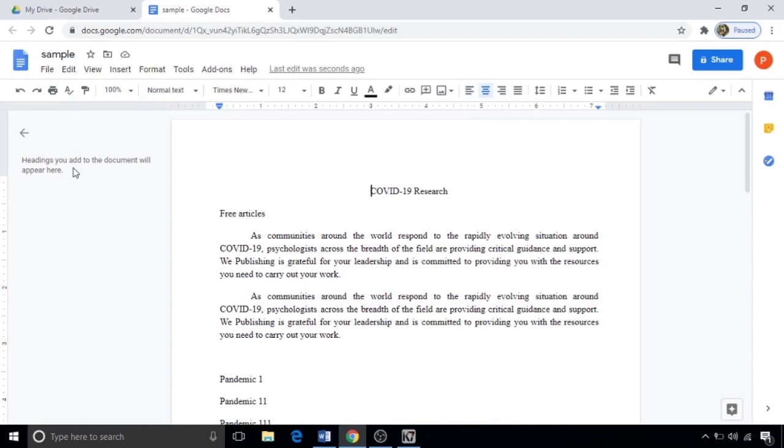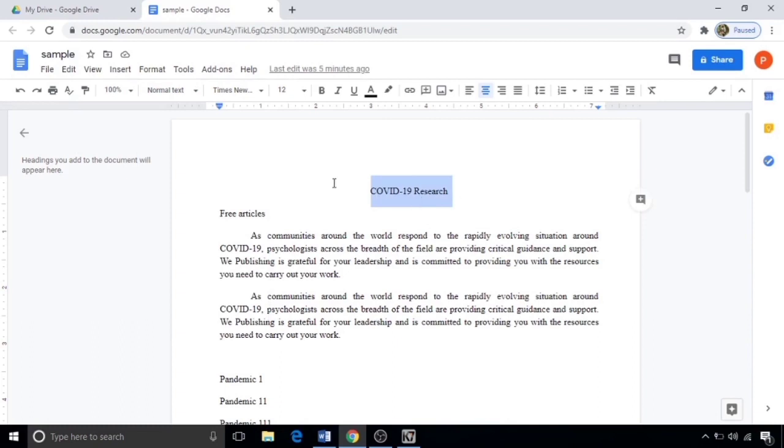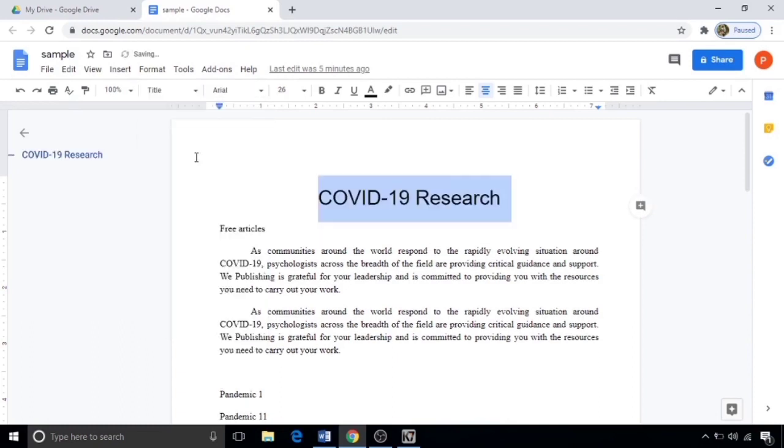See here, till now no document outline is turned on. If you insert any heading or title within the document, that will be listed here on the left side in such a way to navigate your title easily. By this, we can easily switch to any specific topics or subtopics within this document. To make this, here we have additional features. For this, select your text and make it a title. See here, your document outline is updated now.